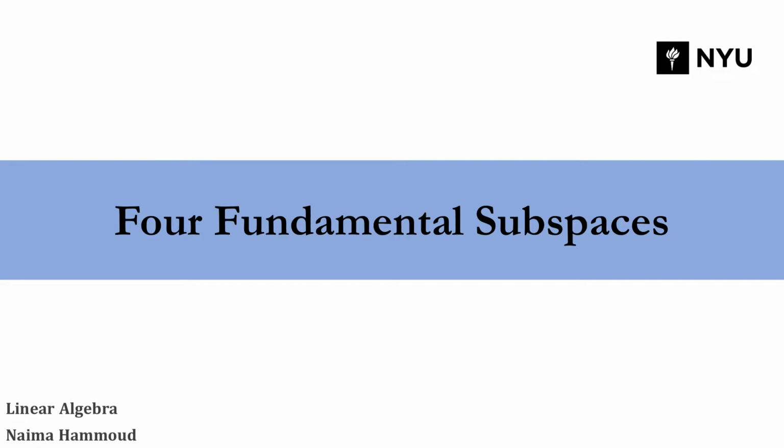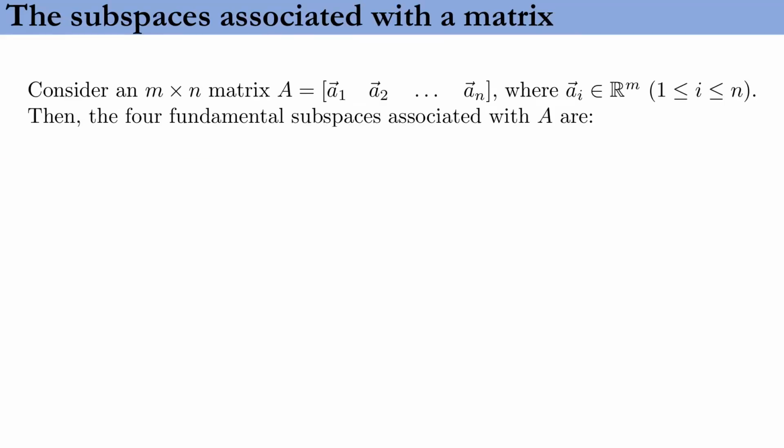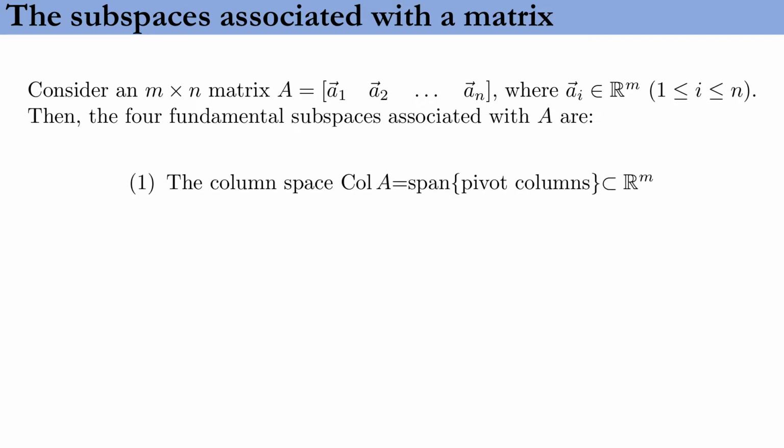In this lecture, we are going to talk about the four fundamental subspaces of an m by n matrix. Consider a matrix A, which is m by n. This matrix has n columns, A1, A2, all the way up to An, and each of these columns is inside of Rm. The four fundamental subspaces of A are the column space, which is the span of the pivot columns,